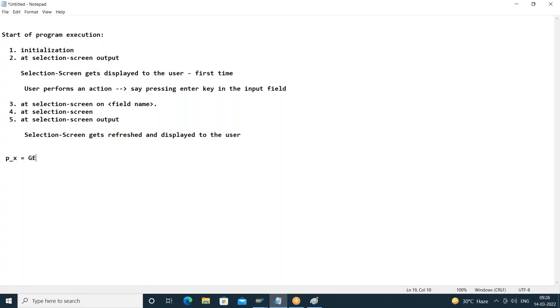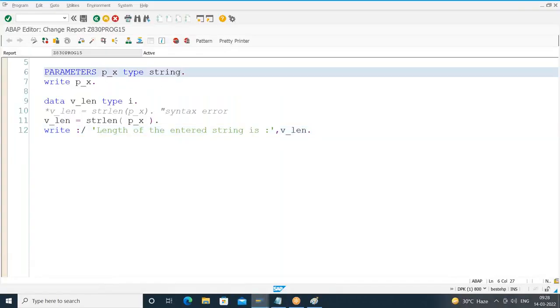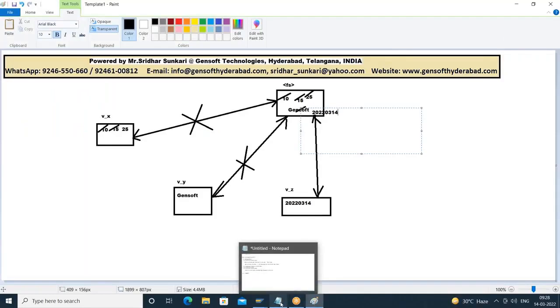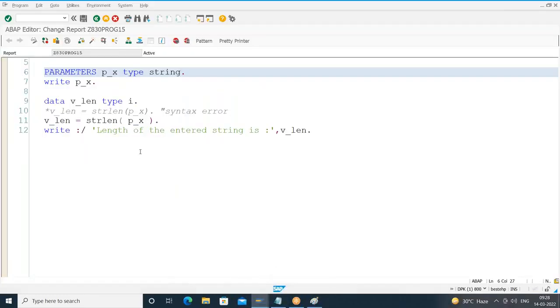So by default, internally it is captured in uppercase, because I am not using lowercase addition. So by default, internally, it is captured in uppercase. So assume that p_x value, I'll enter it as Gensoft. Okay. Next, we are trying to find the length of that string